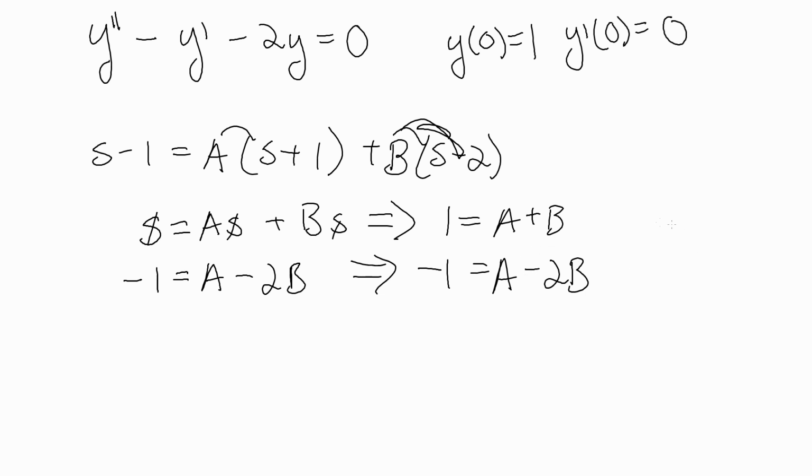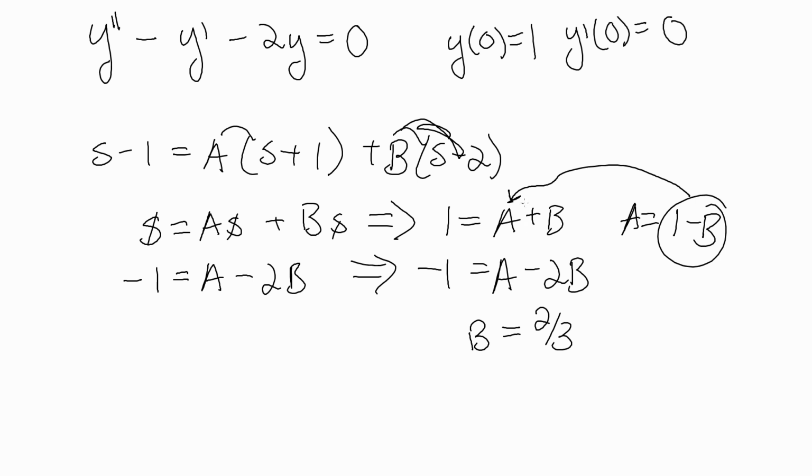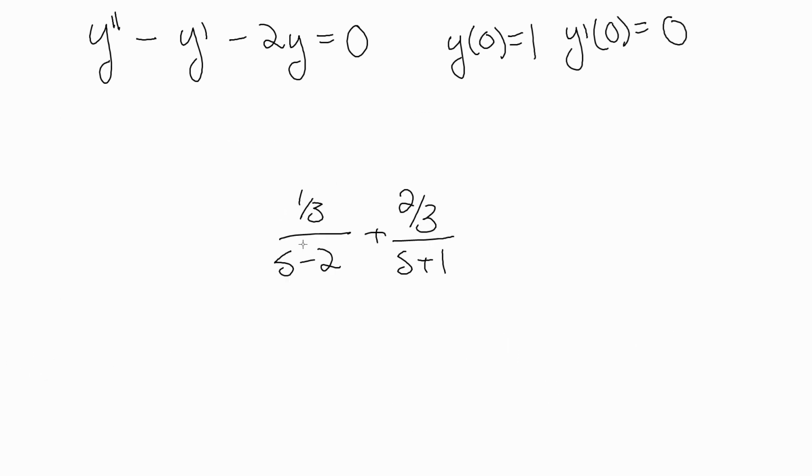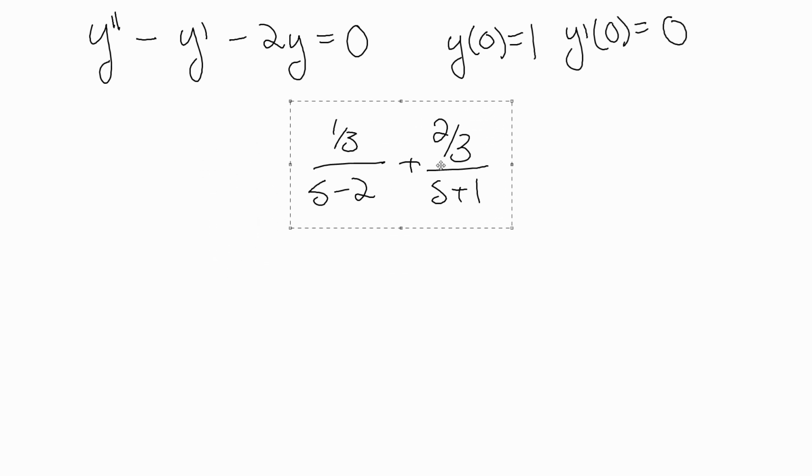So we're going to isolate a, and we'll find that a is equal to 1 minus b. We can take this and plug it into the second equation, and we will find that b is equal to 2/3, and because a plus b equals 1, a must be equal to 1/3. Okay, so we found the values for a and b. Now let's recall what our partial fraction decomposition looked like before we jumbled it up. Okay, I know this is getting pretty long, but we are almost there. So this expression here,